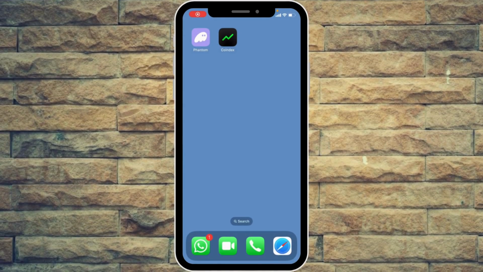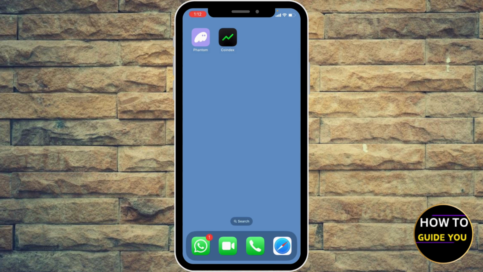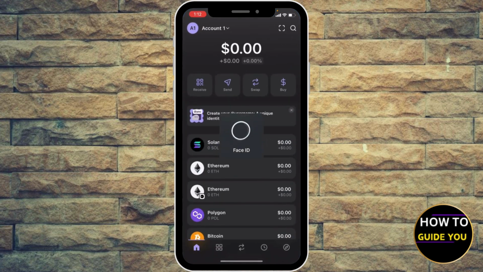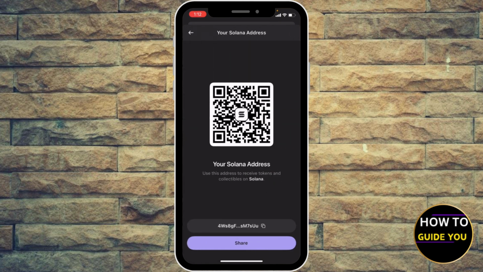Hey guys, what's happening? How to transfer Solana from Coindcx to Phantom Wallet. So first of all, go ahead to the Phantom Wallet, okay? And then you're gonna just hit receive and select the coin, of course. Let's say, for example, in this case, we're gonna use Solana. So I'm gonna use Solana, okay? Now I'm gonna copy the address or scan the QR or take a screenshot to